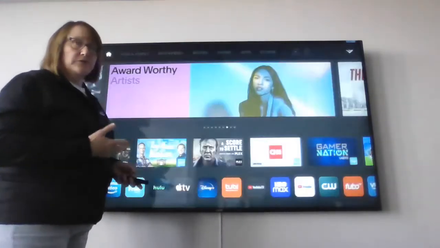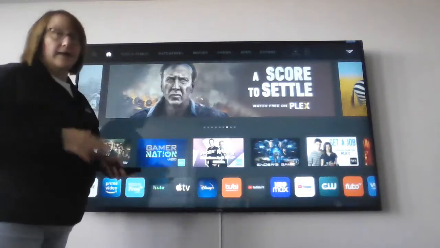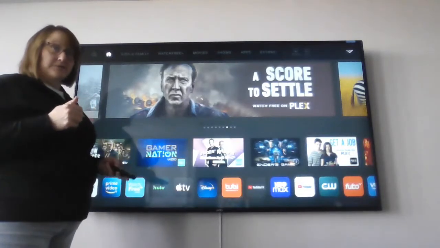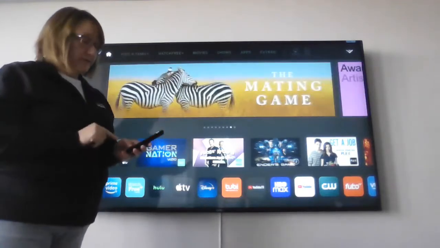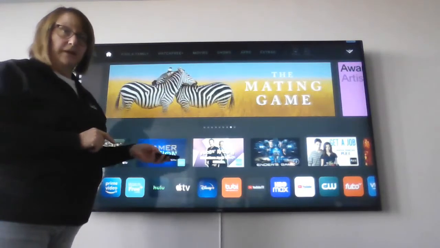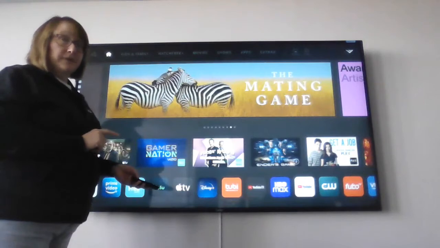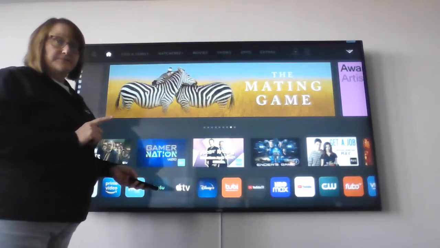But what if you're using your screen, you just turned it on and you have students in the room and you want to get past this really quickly? There's a couple of things you can do. Number one, what I've discovered is on your remote control, your mute button. If you hold down your mute button for 5 seconds,